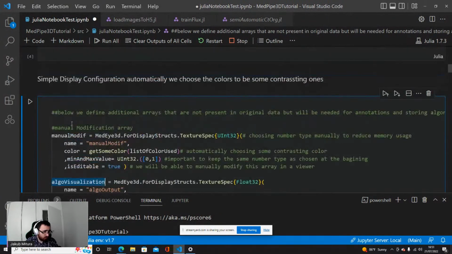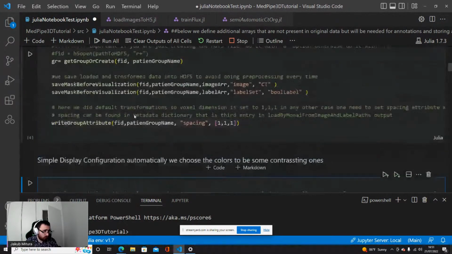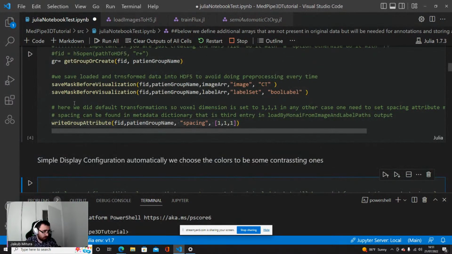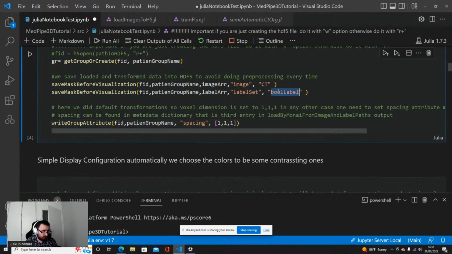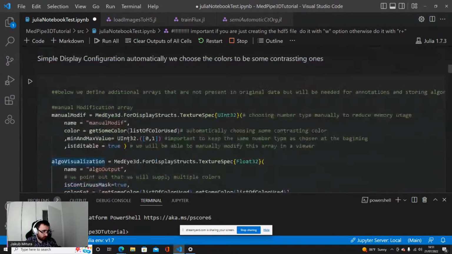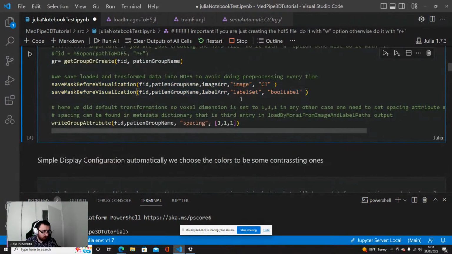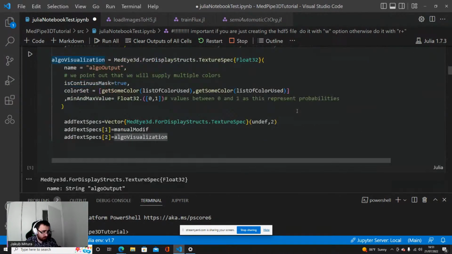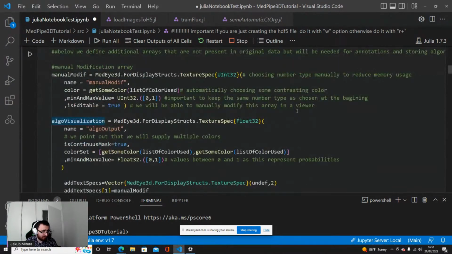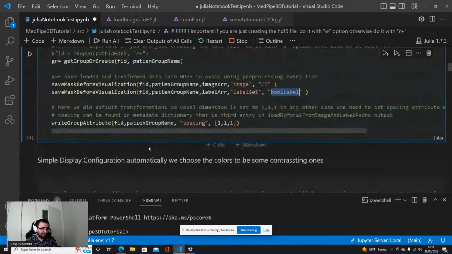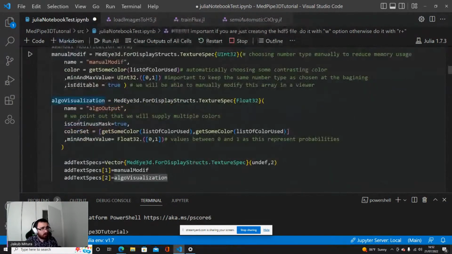But we already had loaded here the CT scan and labels, so we have 4 arrays total. What's important, when we just put the CT scans and labels, this will be saved and then the texture specification loaded automatically. You can override this by supplying your own texture specification.